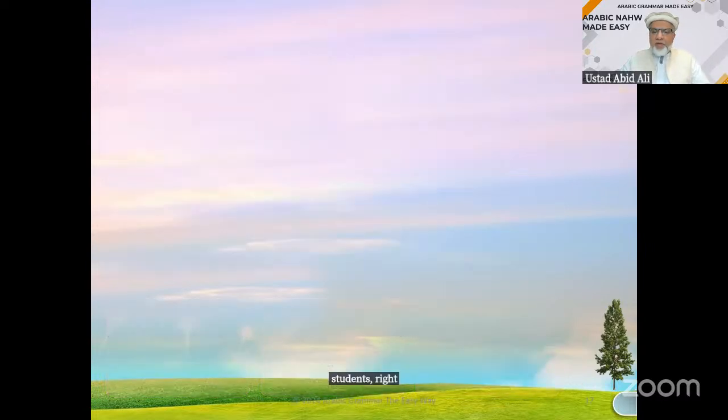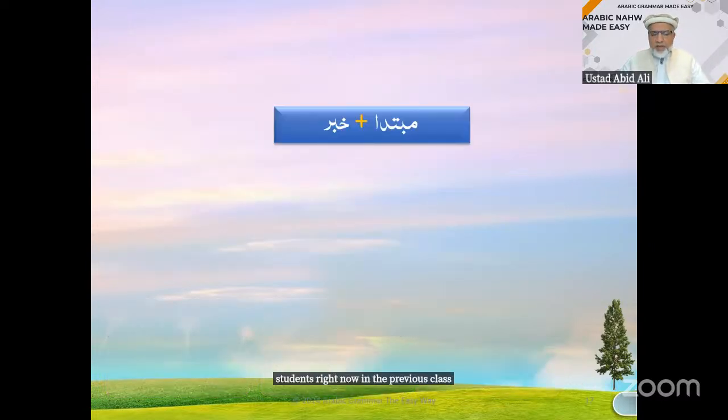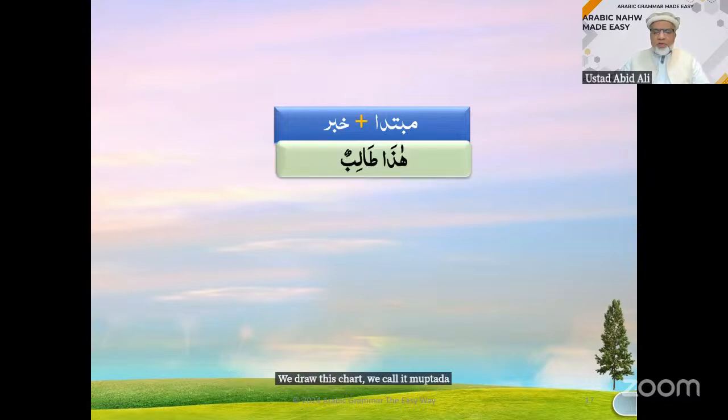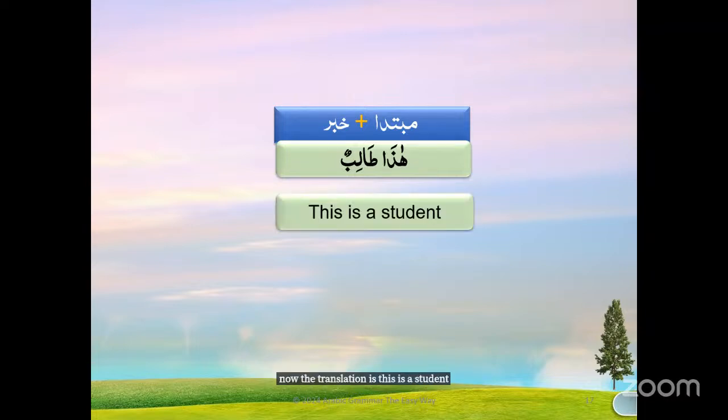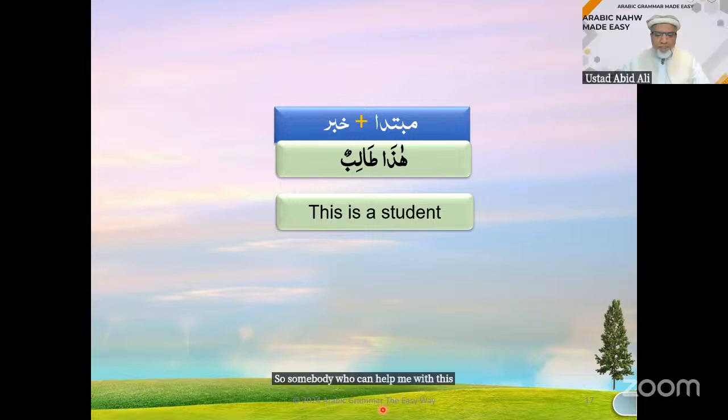Now, in the previous class, we did this exercise. We drew this chart. We call it mubtada plus khabar. So, haza talibun. Now, the translation is, this is a student. So, somebody who can help me with this, brother